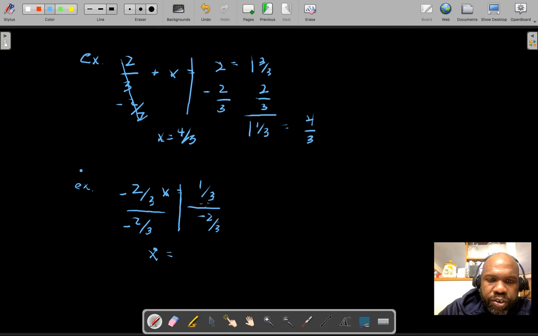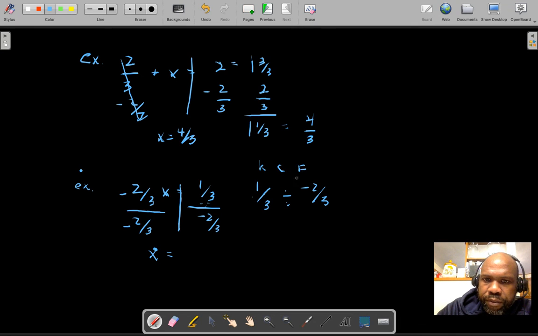We got 1/3 divided by negative 2/3. So remember from fractions, let me make my division sign and we do the negative 2/3. Again, this is a lot of review practice, but this is the kind of stuff that we need. So 1/3, you got a division sign, negative 2/3. So again, the rule is keep,